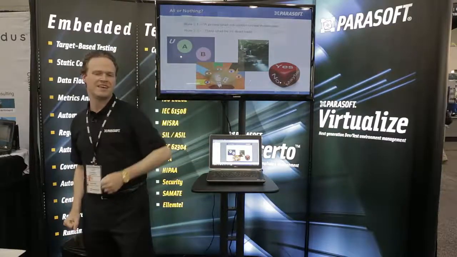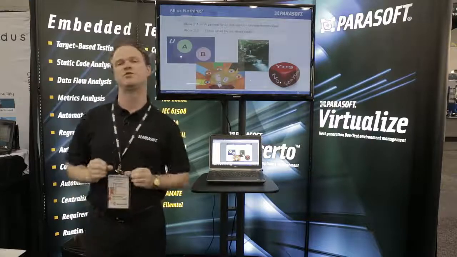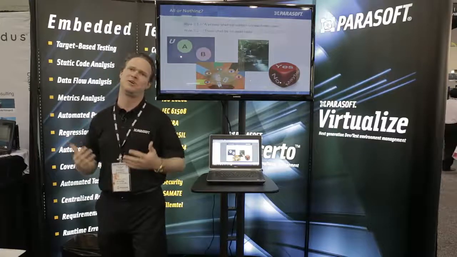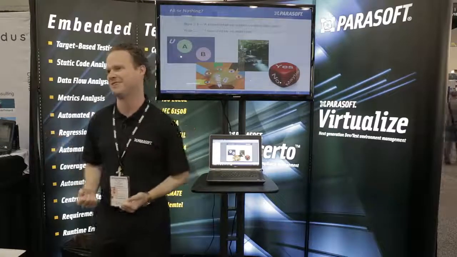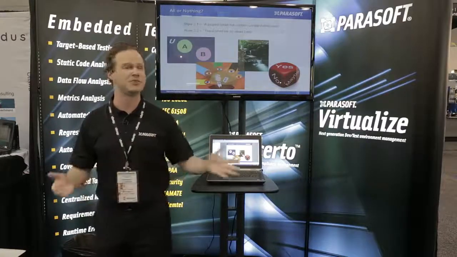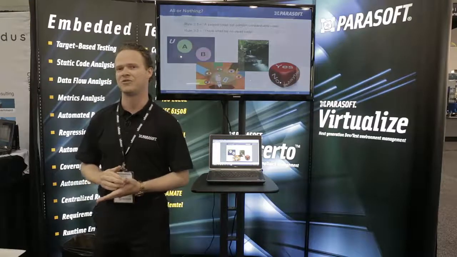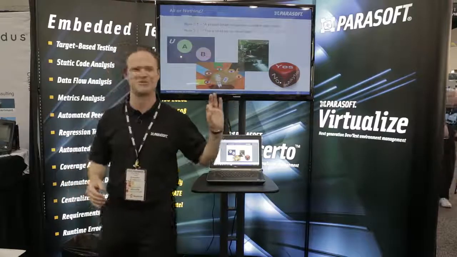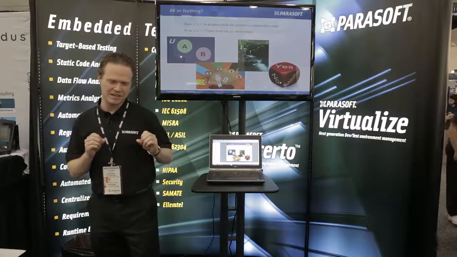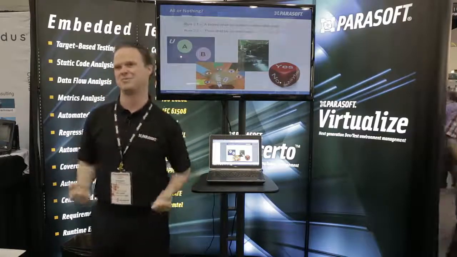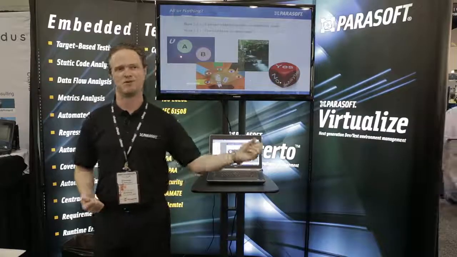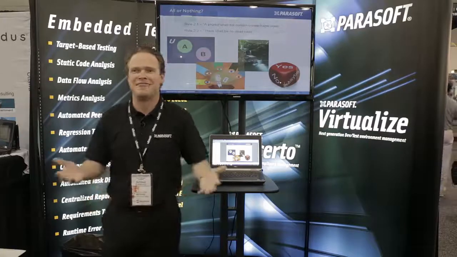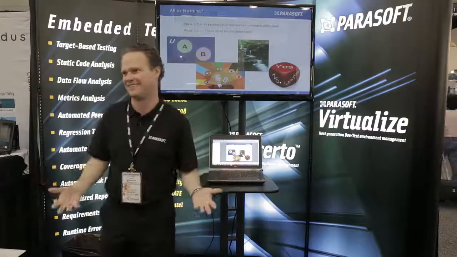Oh, and lastly, I love this one because you'll hear some vendors talk very much about false positives. False positives, false positives. Oh no, there's a false positive. Now, I'll grant you, maybe there's a way to write some of these rules that will be 100% perfect and never produce a false positive. And again, MISRA nailed this one perfectly. But there's also an ease of use aspect to this. If my perfect rule that will never give you a false positive takes days to run, that's not valuable to you. You can't apply that.